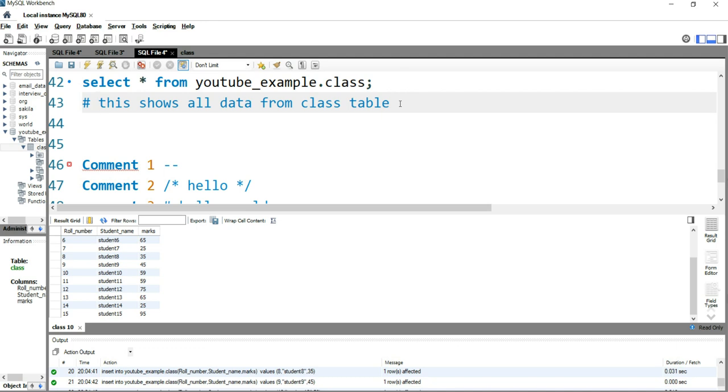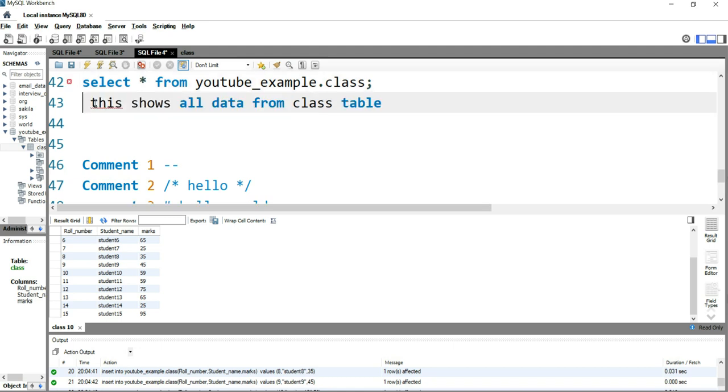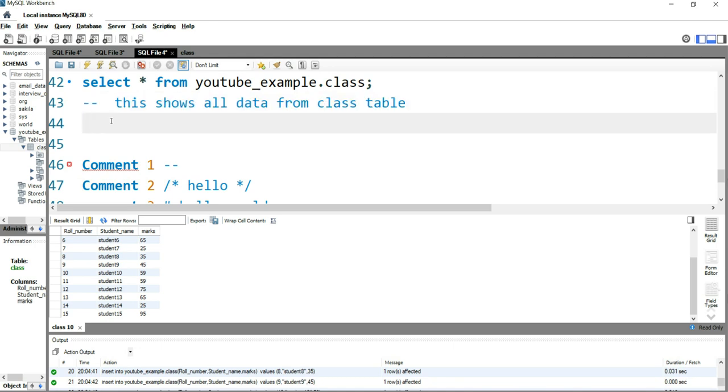So if I put a hash, SQL will think that only this line is a comment. From line number 44, SQL will consider it as a query. Now the same thing happens with two hyphens also. If I put two hyphens here and a space, SQL will think that only this line is a comment.